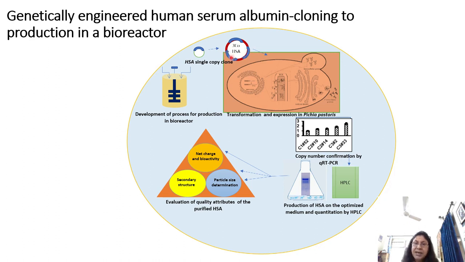The rationale behind that is that the higher the copy number, the higher the number of copies of that particular gene introduced into the host, the chances are that you will also make higher quantities of the protein. So if you put 3 copies of the gene, we believe that host should be capable of producing 3 times as much human serum albumin as if you only had a vector containing a single copy of the human serum albumin gene.